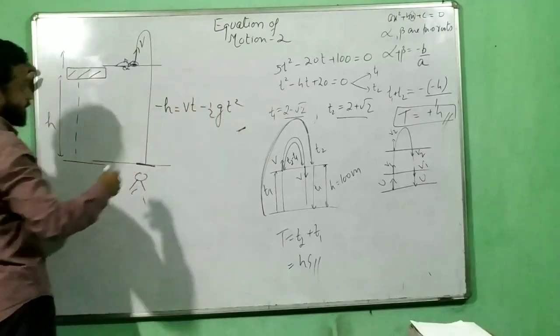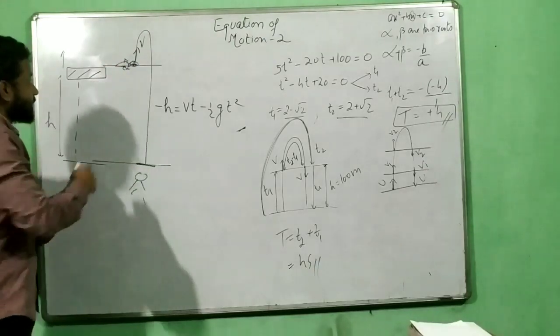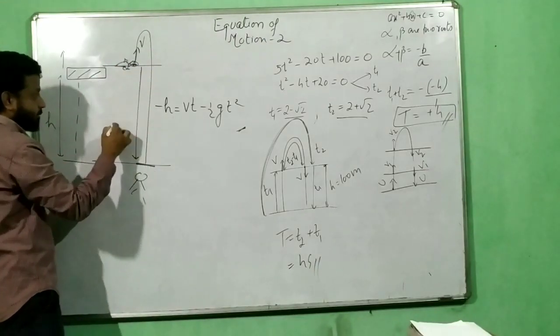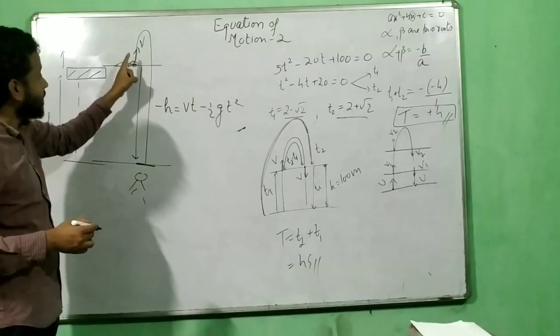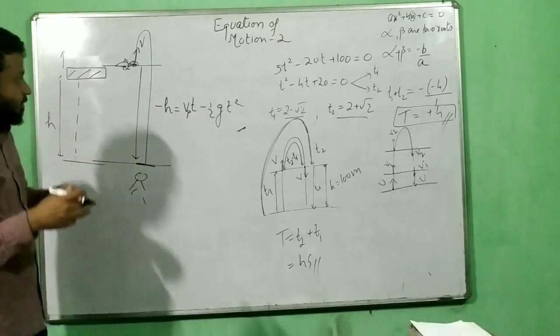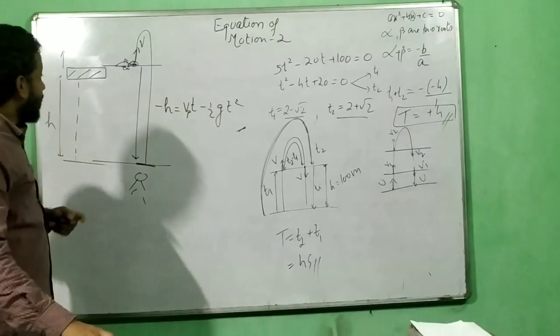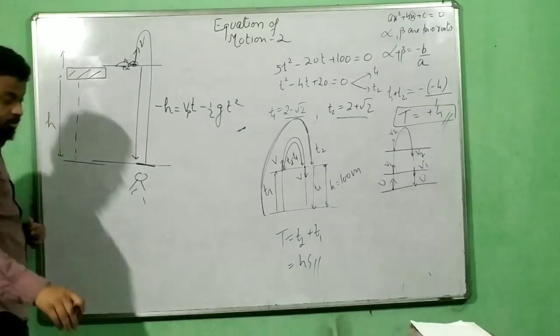This we know, we have learned this in the previous class, that from here to here the displacement is downward. From here to here displacement is downward, it is the height. Initial velocity becomes v, the velocity of the platform. So I will write here the velocity p. P stands for velocity of the platform, becomes the initial velocity. Okay, and just imagine if the platform is moving down, just think of that also.